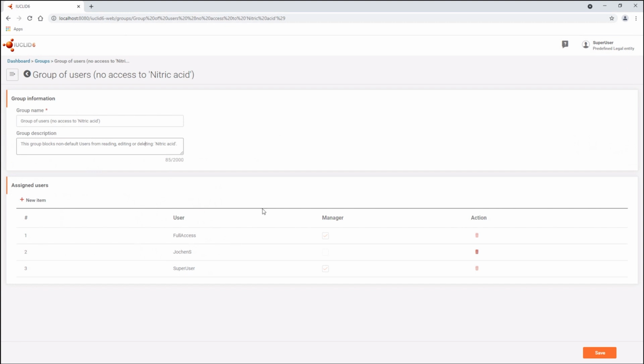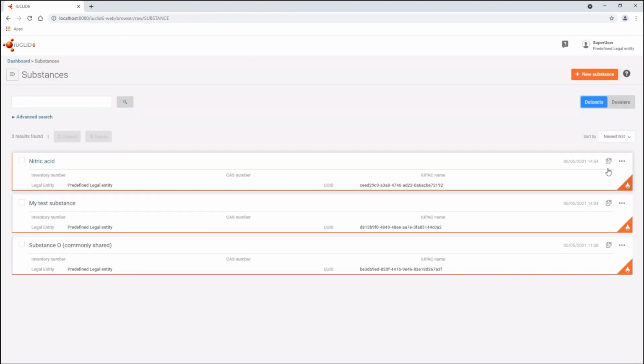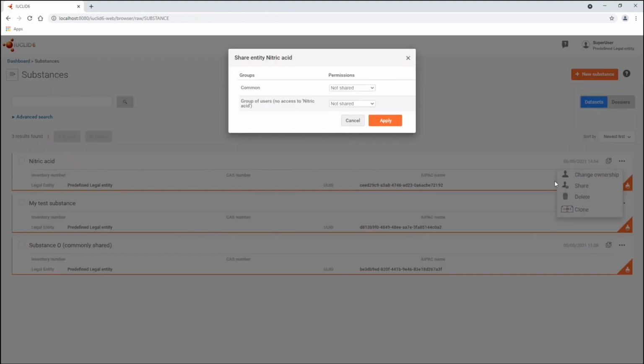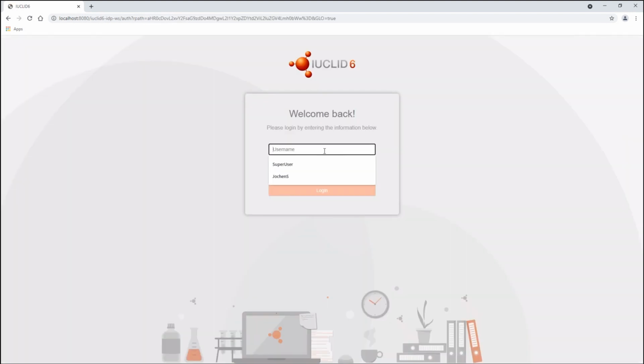Let's quickly show you how this group security works. Currently, I'm logged in as a super user. If I go to my substances and I go to nitric acid and I go to share, you can see that this is not shared in the common group nor in the custom group I've created. Therefore, my custom user, as he is a member of both of these groups, will not be able to see nitric acid. So if I log out and log in